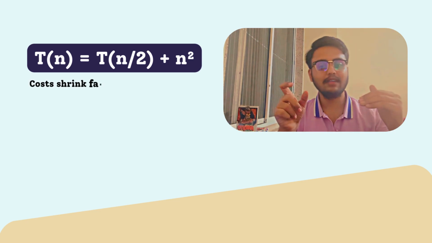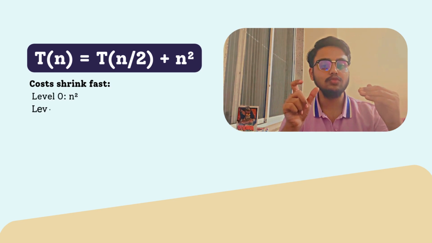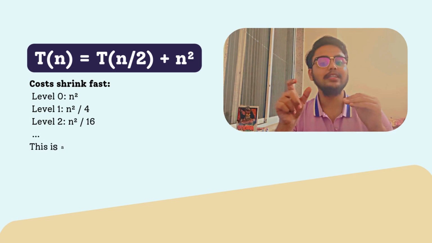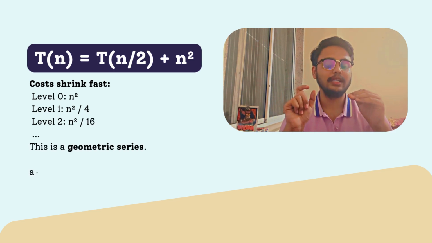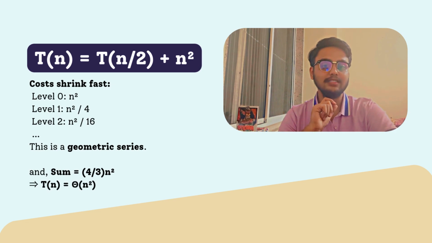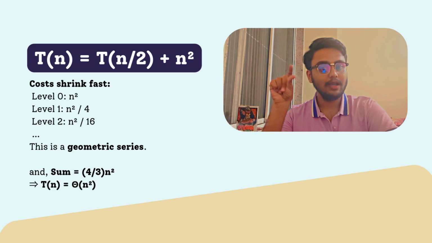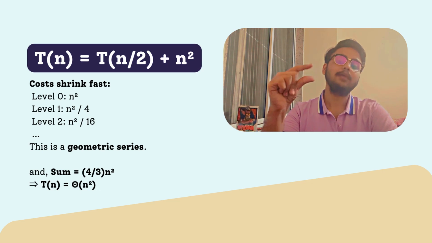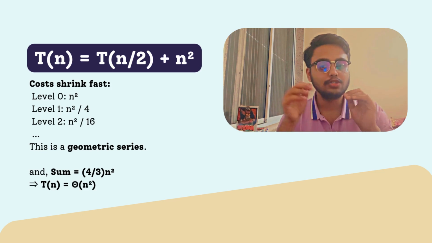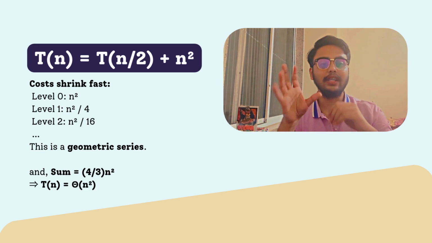For the next level, it is going to be n by 2 square, which is n square by 4. In the next level, it is going to be n by 4 square, that is n square by 16. Now we can observe this as a geometric series: n square plus n square by 4 plus n square by 16, and it goes on and on. So in this case, T of n is going to be